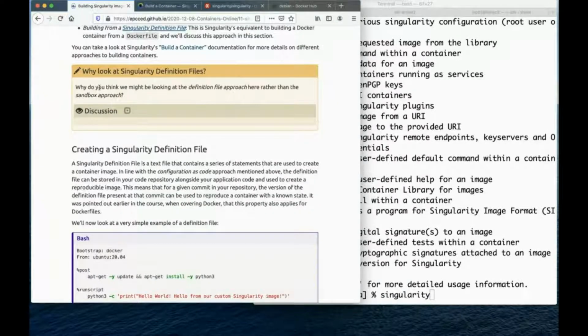So the answer to that is actually reasonably simple. Why might we want to use a definition file rather than the sandbox? Well, I just talked briefly about reproducibility. If you think about the trial and error approach you take to solving problems, if you want to create a container in a sandbox, you create your sandbox, you probably install some packages into it, you copy in some configuration files that you need, and then maybe you try to run it and it doesn't work, and you realize that